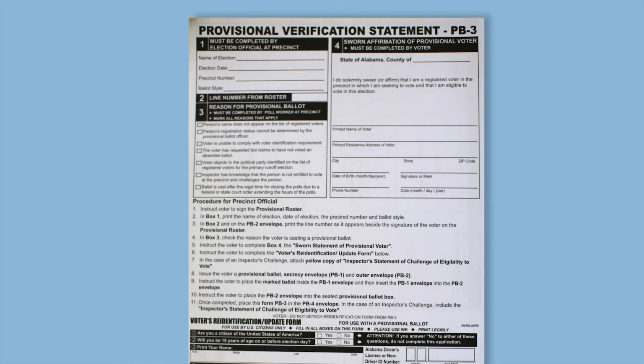If you're instructed to allow them to vote a provisional, you remove all your supplies from your packet and hand the voter a PB3 form, which is a provisional ballot form. On the top right-hand corner is a sworn statement of affirmation. Once the voter completes and signs that, they are now entitled to vote a provisional ballot. If the voter is unwilling to complete and sign that, the voter is not permitted to follow through with the